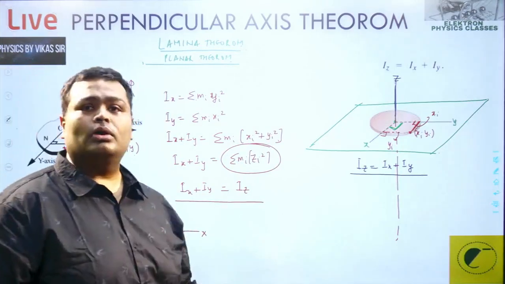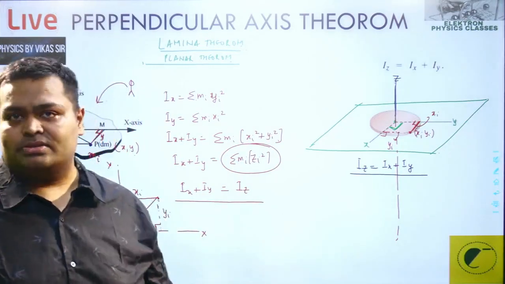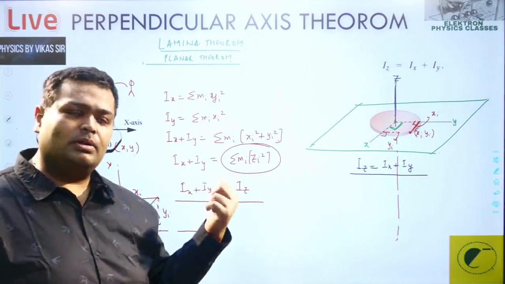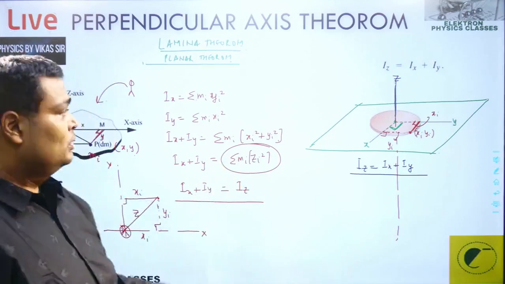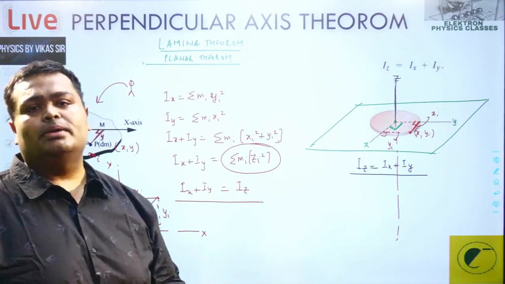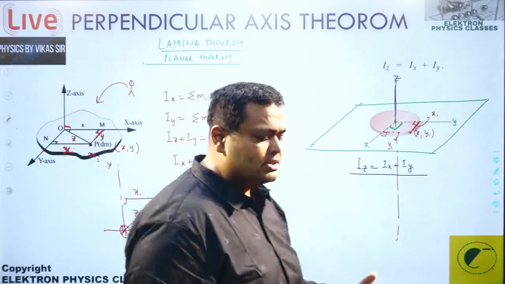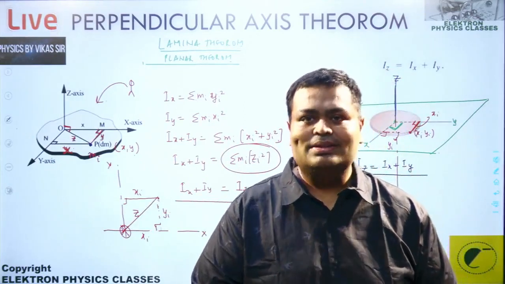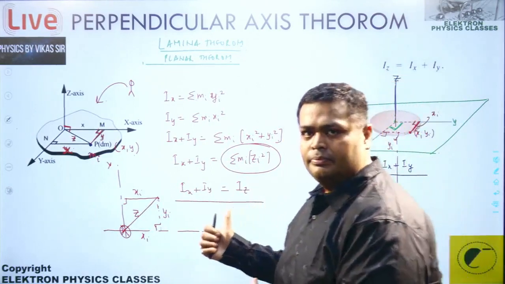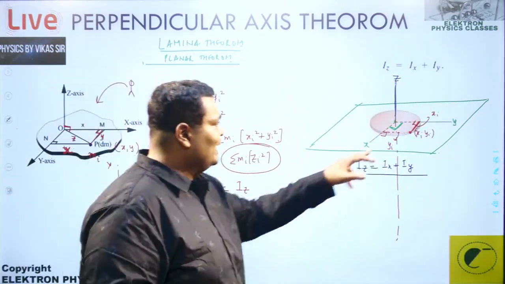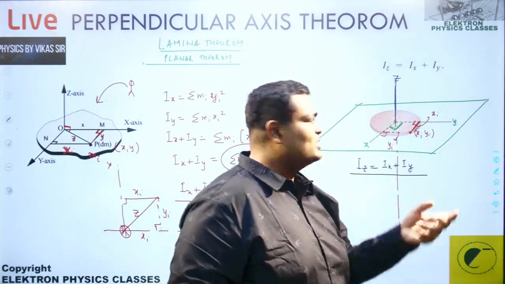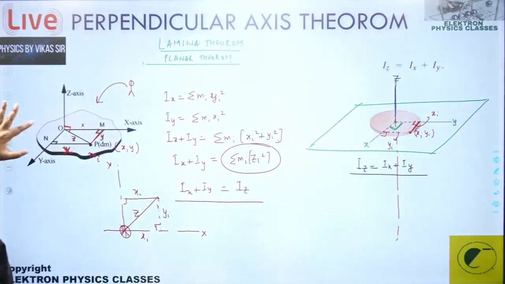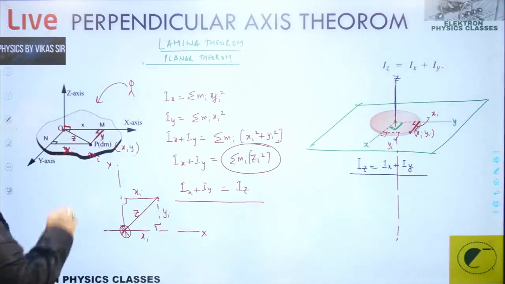And that's the theorem for perpendicular axis. So all the three axes, if you see, are perpendicular to each other. In the parallel axis theorem, the two axes were parallel. In this case, all the three are mutually perpendicular. In the parallel axis theorem, we had a condition that one of the axes should be passing through the center of mass. Such a condition does not exist here. The point which we have taken is not necessarily the center of mass. But over here, when I am selecting the point, it is not necessarily the center of mass.